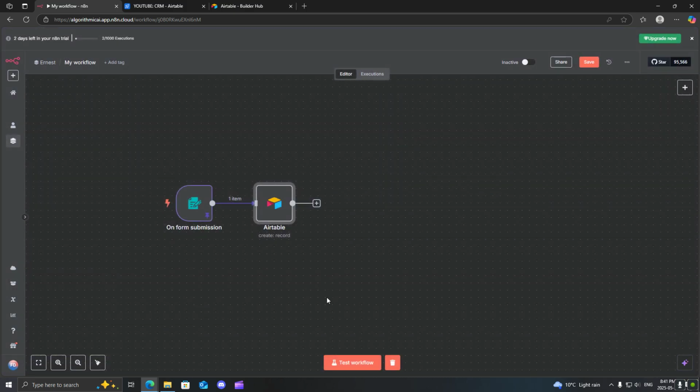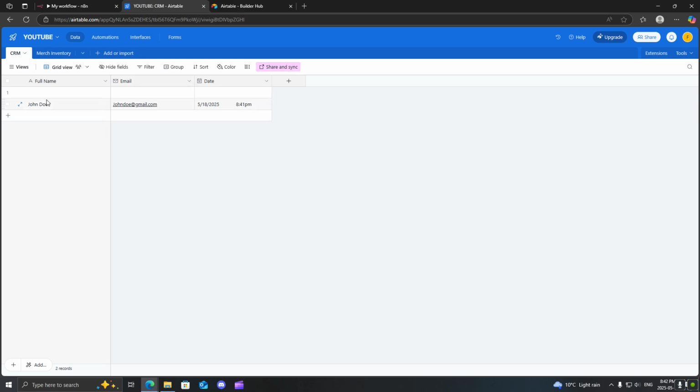So now we'll just go ahead and test workflow. So it executed. Now if we come back here, you can see that it populated our table. So this is just a quick short tutorial on how you can